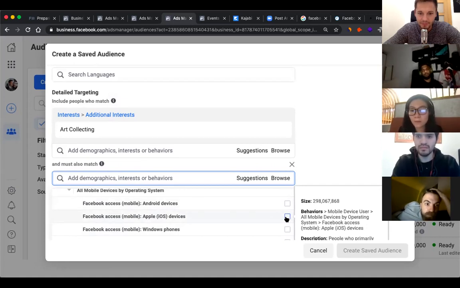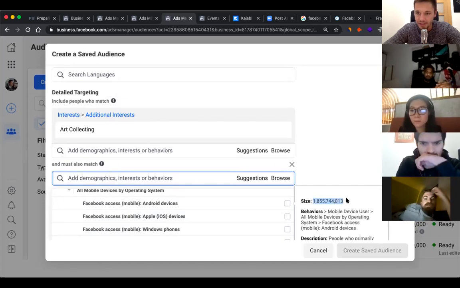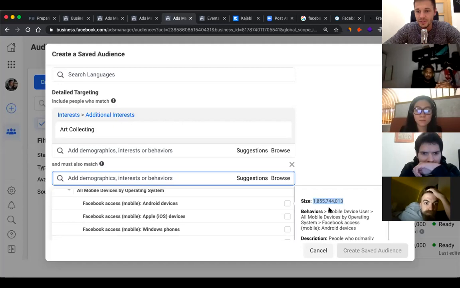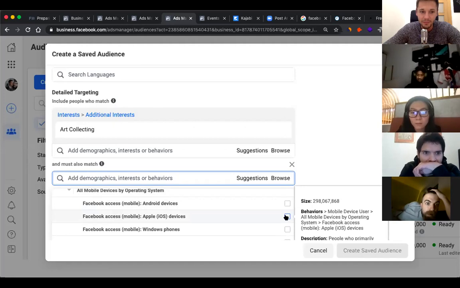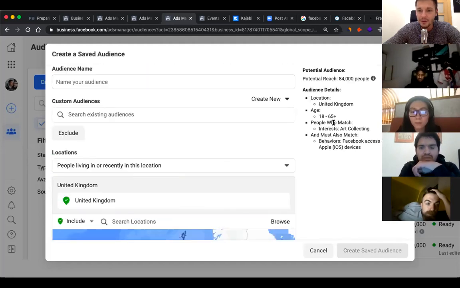See, Android, iOS. And these numbers are obviously from the entire worldwide population of Facebook, which is the sum of these two, actually, like 2.2 billion. But we're now only in the UK and only focusing on art collectors. So out of them, we had 880,000.